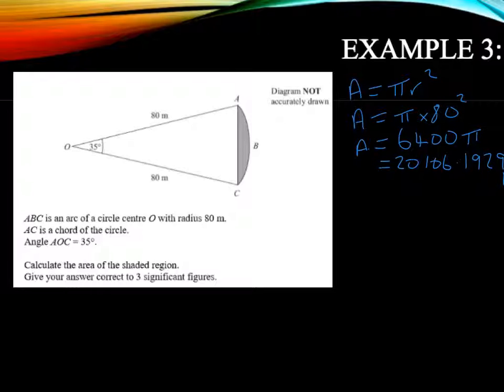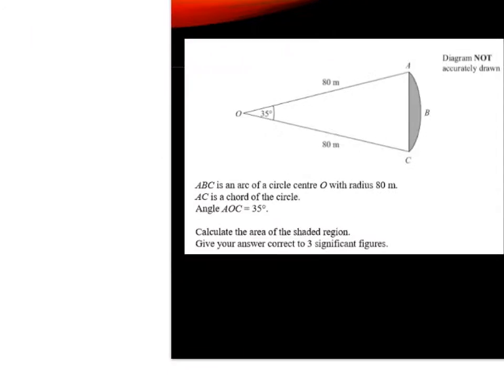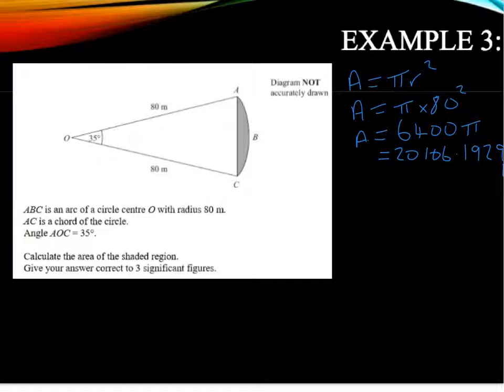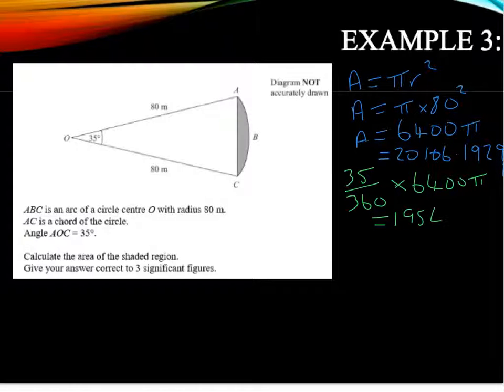What's next? So next what we need to do is think about, that's the whole circle. That was the whole circle. What we need to do is to calculate just a small part of it, which is 35 degrees out of the whole thing. So we've got 35 out of 360 multiplied by 6400 pi, and that can tell me the whole sector area. Okay, so the whole sector area, which is giving me 1954.77